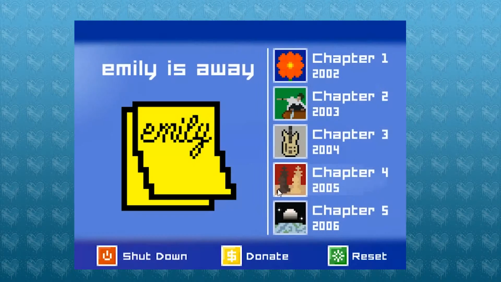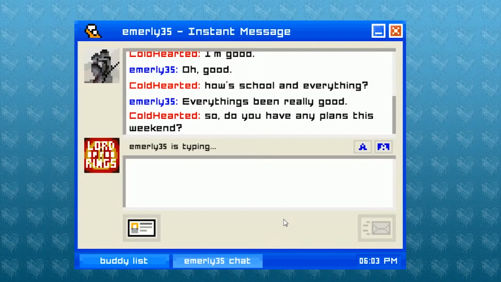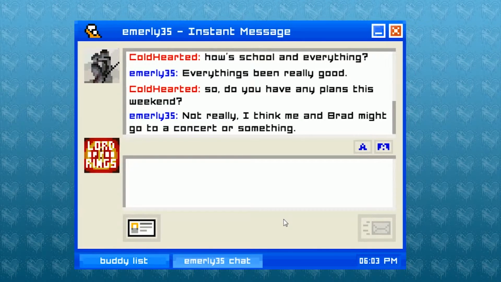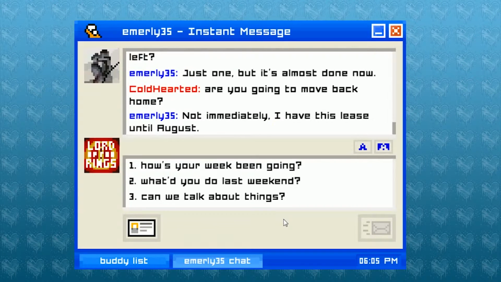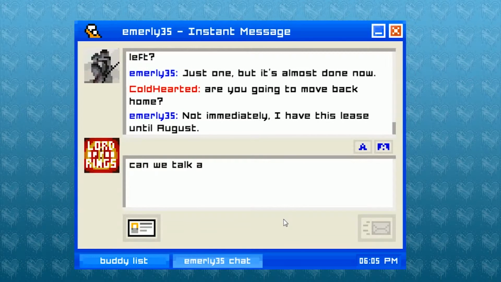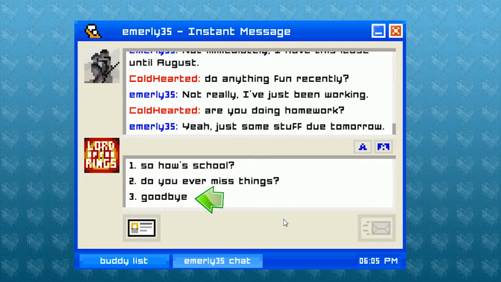By the time Chapter 5 rolls around, I figured this wasn't going to end well. And I was entirely right. It turns out that Emily is dating that dick Brad again, and now that it's their senior year of college, they plan on finding jobs and moving in together. But by now, your relationship has soured, and Emily seems short and distant with you. So you get options to demand her to talk to you seriously so that you can repair your damaged relationship, but every time you type it out, you delete it and ask some boring question like movies they've seen recently. Then one of your 3 options turns to goodbye, but another turns to another plea to fix your relationship.